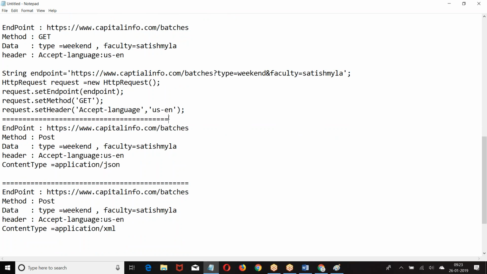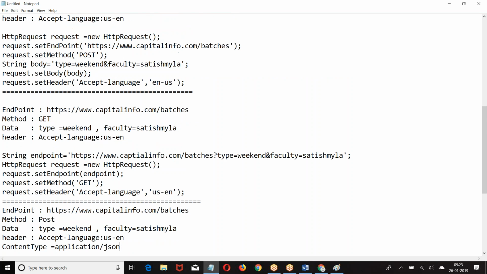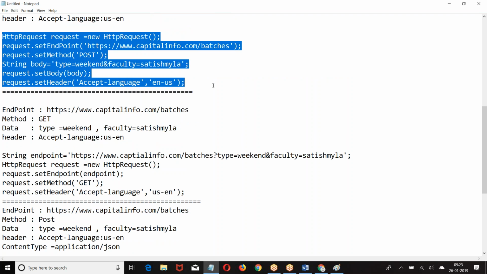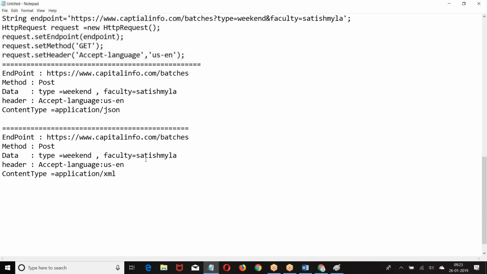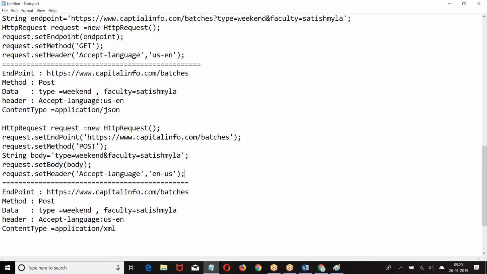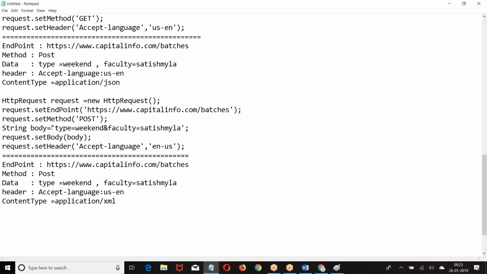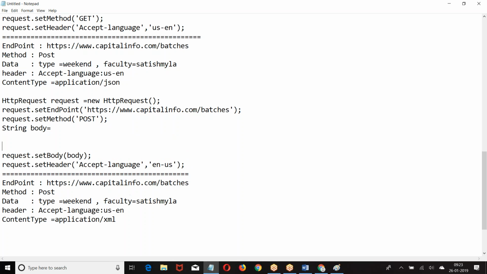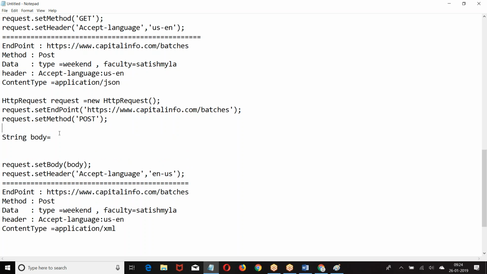Right. Next one here, the method is post, but I said content type equal to application JSON. If I say content type equal to application JSON, data should be sent in the form of JSON. Then string body equal to, how is the JSON going to be? Curly bracket. Right.